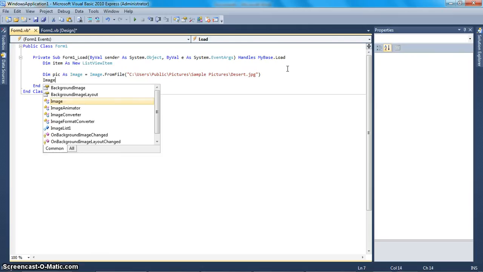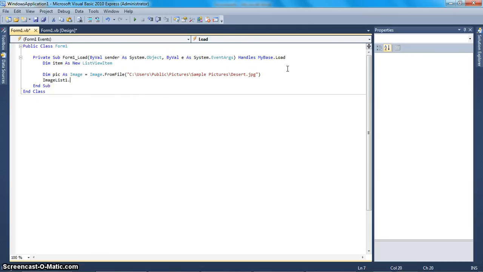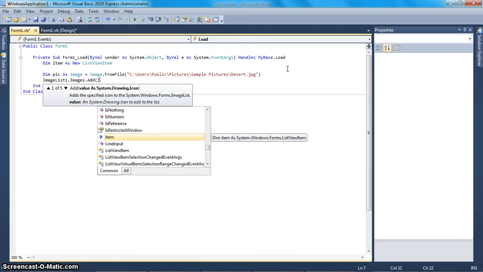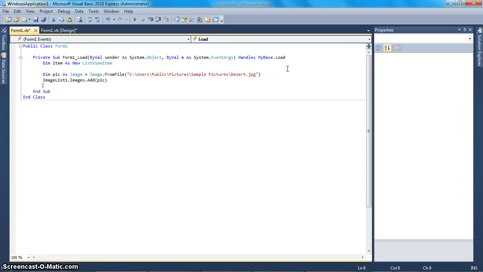Okay, so then you want to say image list one dot images dot add, and then pick. You want to add pick. Okay, it's that simple. Now, next what you want to do is you want to say,